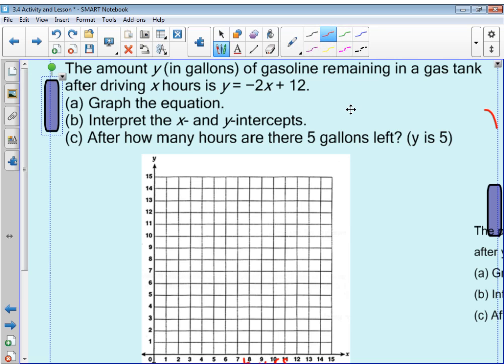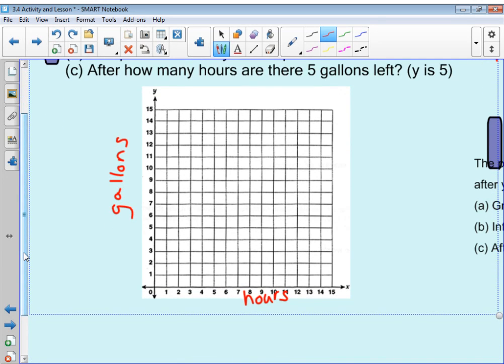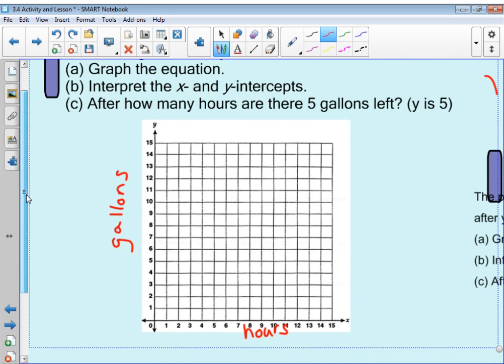So you guys on your whiteboard should be doing the same thing that I'm doing. The amount Y in gallons of gasoline. So our Y's are gallons remaining in a gas tank after X hours. So our X's are our number of hours, which I already have labeled there,